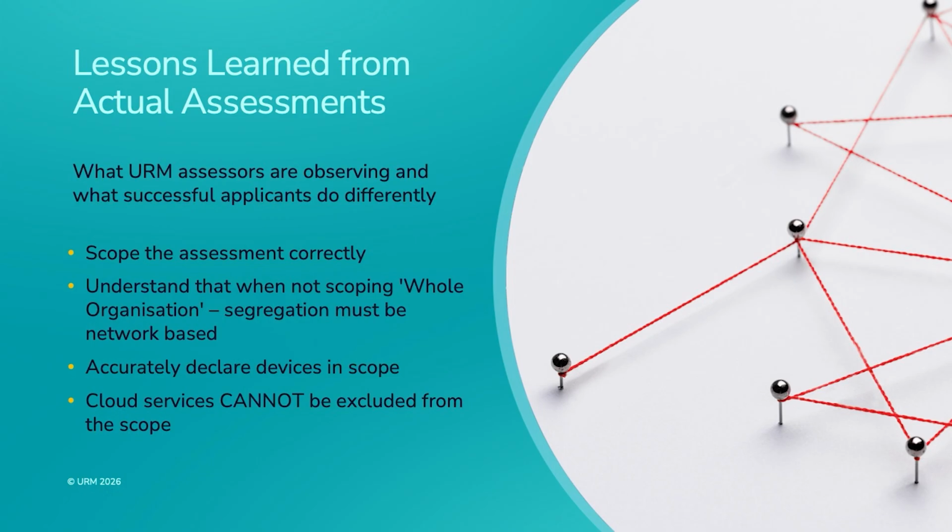We've come across quite a few assessments now where we come to conduct the technical scope verification, and we look at RMM agents or say like Intune, or however you're managing your assets, and there may be 50 extra mobile devices because you thought BYOD was out of scope or something similar to that. So you need to make sure all of the devices that are in scope of the assessment are declared in